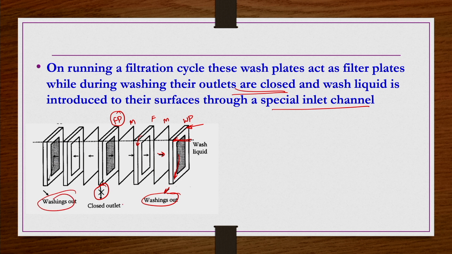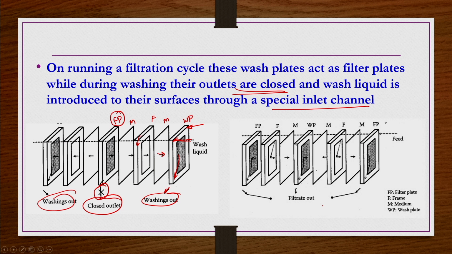Okay, that is the one primary difference you can see. And then in the case of washing of the filter surfaces or filter medium surfaces, or dislodging the cake by wash liquid, the filter plate outlet that collects the filtrate is closed, because now we are doing washing. So, you can compare with the previous figure, which I have redrawn here again. Now the feed is coming through the other section of this plate and frame combination.